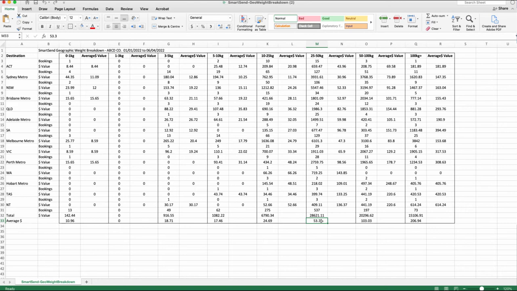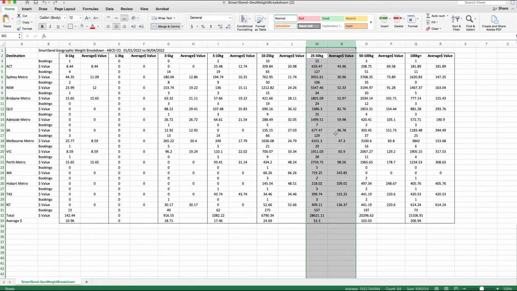So instead of paying $53.30 as an average, it might be $150 to ship it to WA country, for example. But overall, based on your shipments and your history and through shipping through SmartSend, you should be paying $53.30. So on average, it should be a fairly good figure to use when using this option. The other option, which is probably a better way of doing it, is again finding the